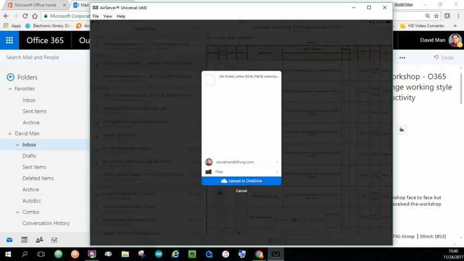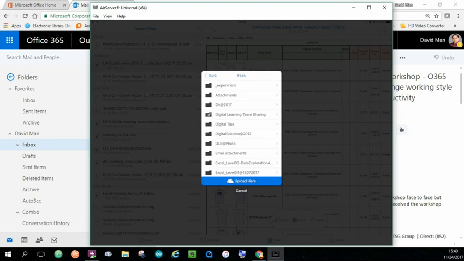I would like to keep it inside the davidman@leafon.com account. I select davidman@leafon.com. As you can see here, because David also has a private account from Microsoft, I can select whether I use my private account or the Lee and Fong account. I select the Lee and Fong account, and then what's next is to click the files,